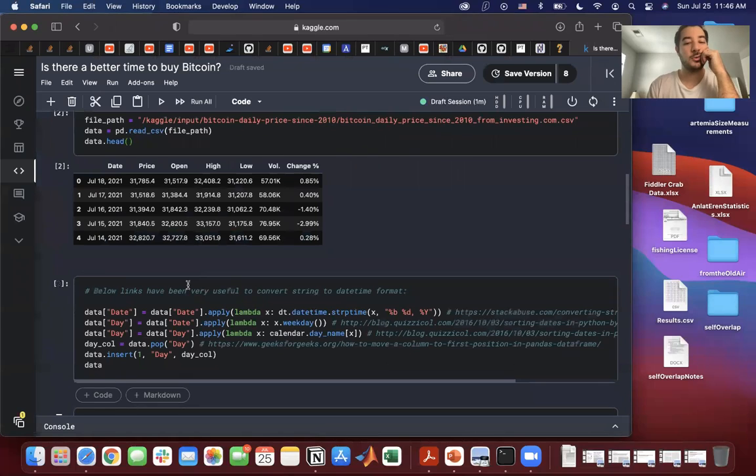So what these do is you get the string date and then apply a lambda function on it to actually change the string dates with their actual